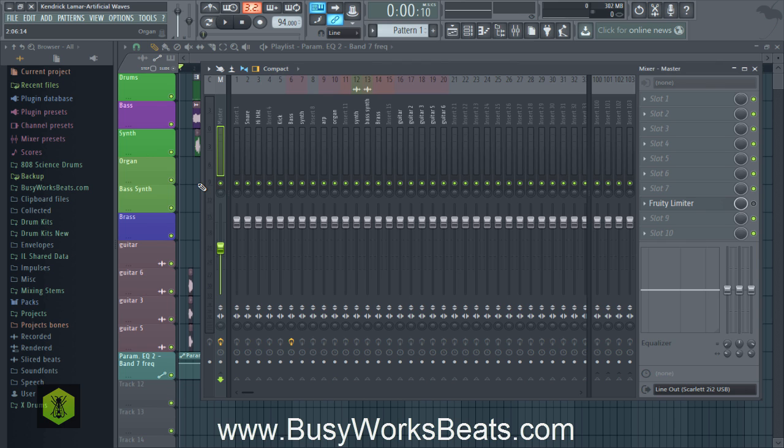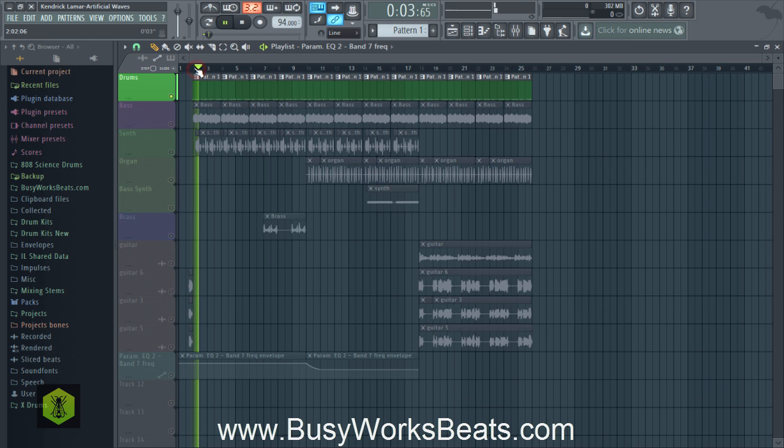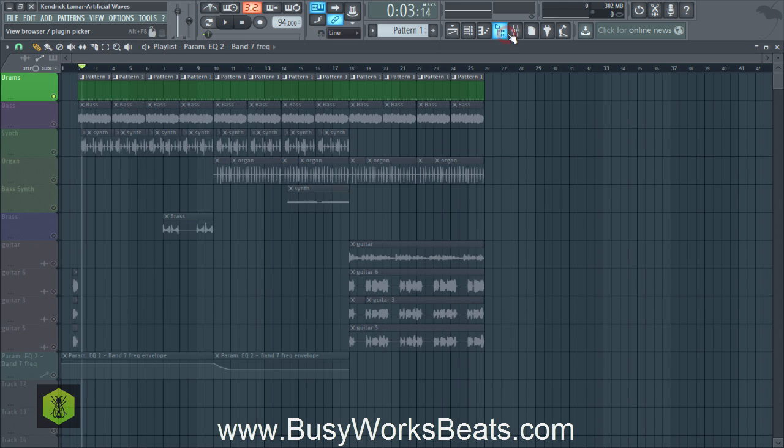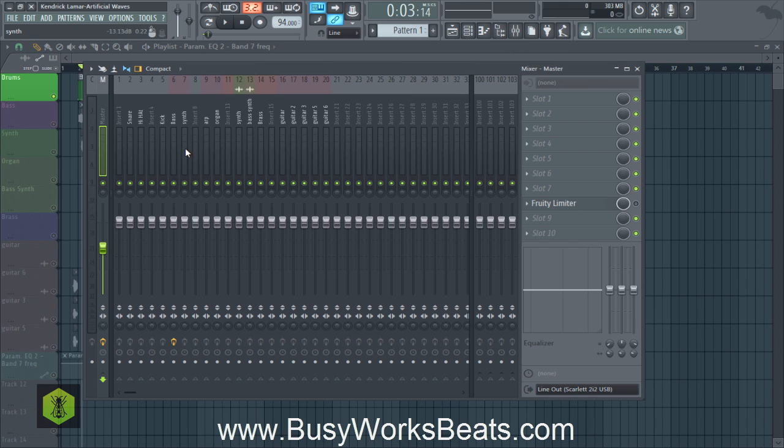In this case, we want the drums to be the driver of the song because they hold most of the groove of the song. If I solo the drums, that groove is very swingy and it needs to have attention. So we have to give that a higher perception of attention so that we can actually make it sound better. So first things we need to do are make sure our kick and our snare are our loudest sounds first. So we see our kick.